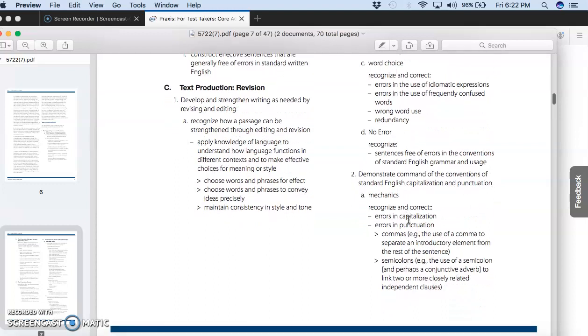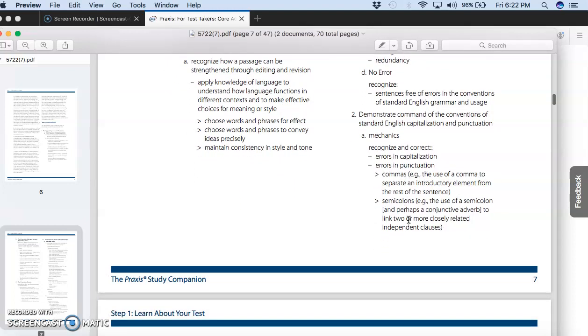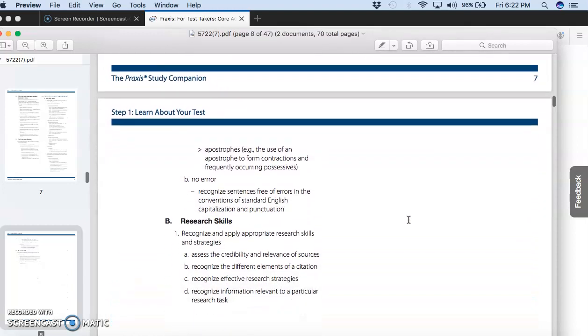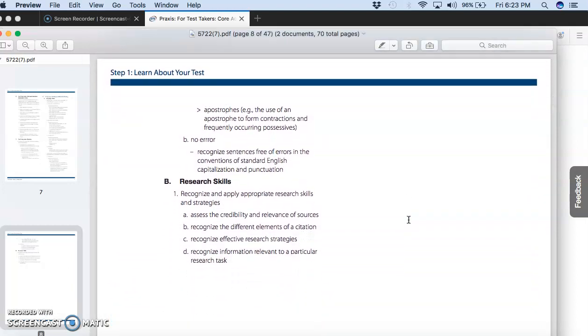Sometimes you have to identify that a sentence doesn't sound correct because it's not written using colloquial language. We're so used to how we speak that we read it and think, I think this is wrong. But we'll help you identify what an accurate, perfect sentence that follows the conventions of standard English looks like. Then there are going to be some questions on mechanics, which is capitalization, punctuation, commas, semicolons, and then research